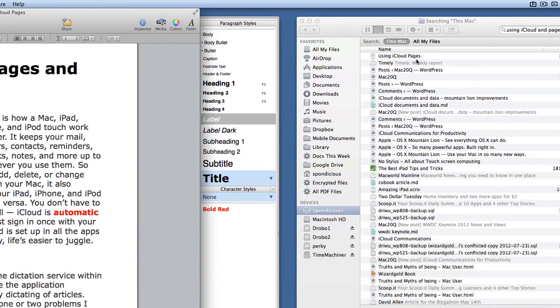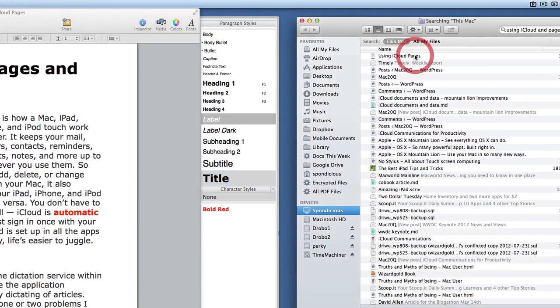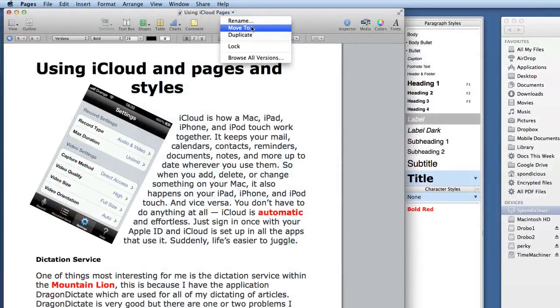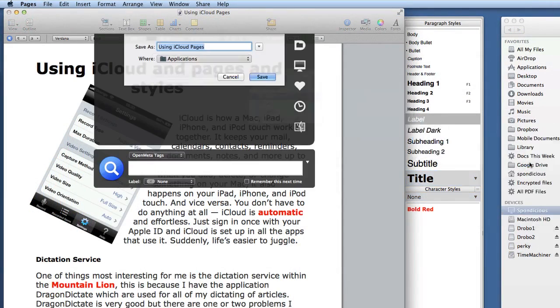Now you see over in Finder, that file that I was working on using iCloud Pages changes its name over here, and it also changed over on my iPad at the same time. So that's quite useful. Now another thing that you can do with this is, let's go over to this and we can use Move To, and I'll just put it into the top level of